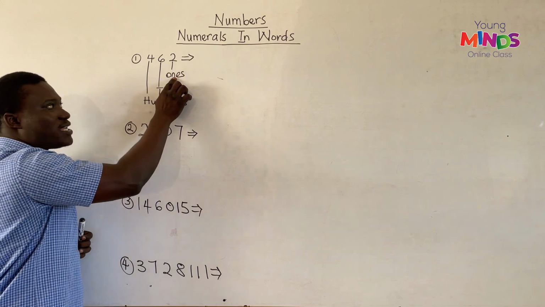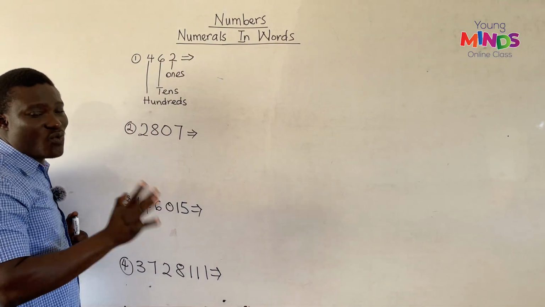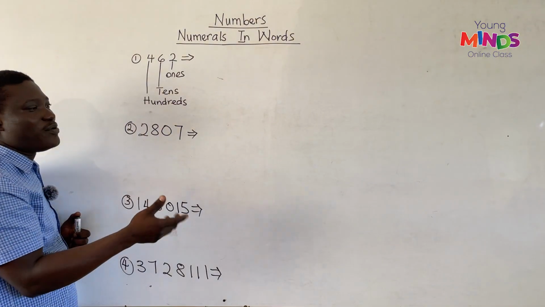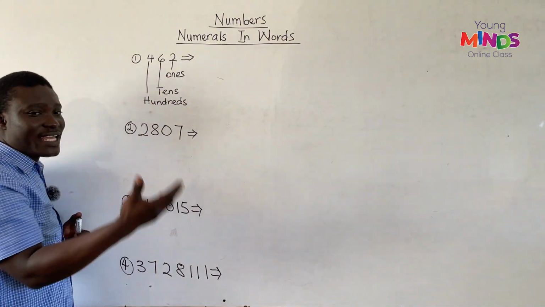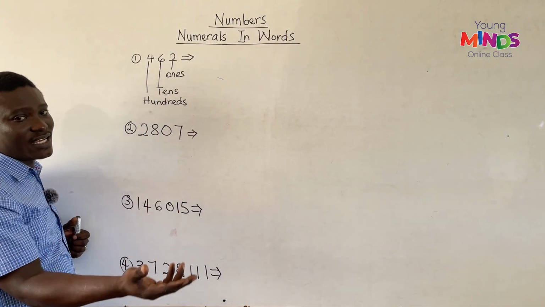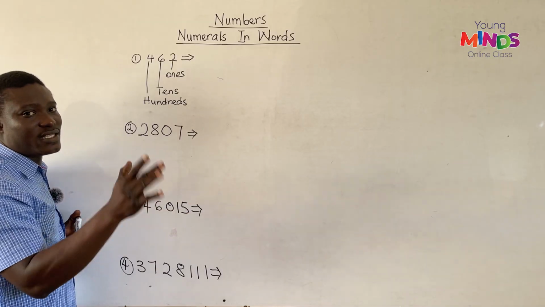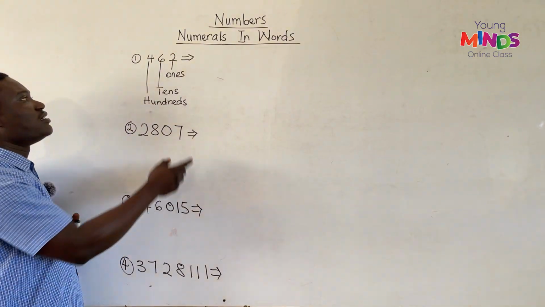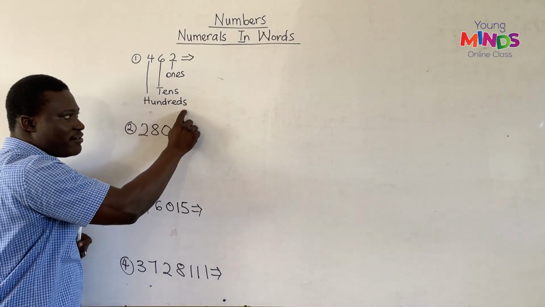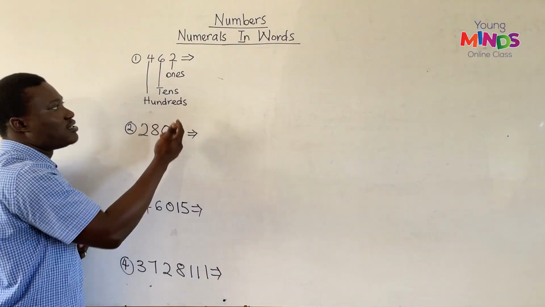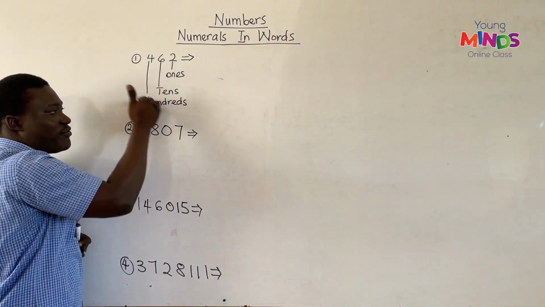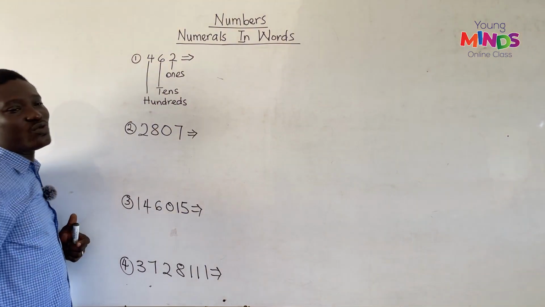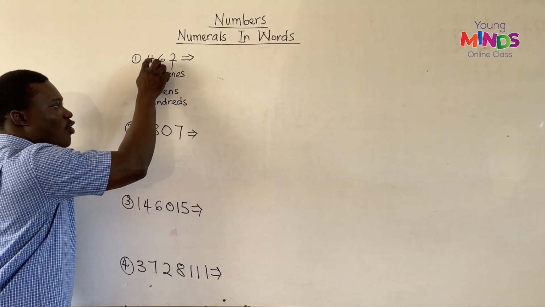Now, when it is ones, then that number will be mentioned once. When it is tens, then we are mentioning that number in the tens form. So if it is 1, it becomes 10. 2 becomes 20. 3 becomes 30. So if this is 6, then it becomes 60. Then this 4 in hundreds becomes 400. So as we have given their places, we are going to write the words. And this will be